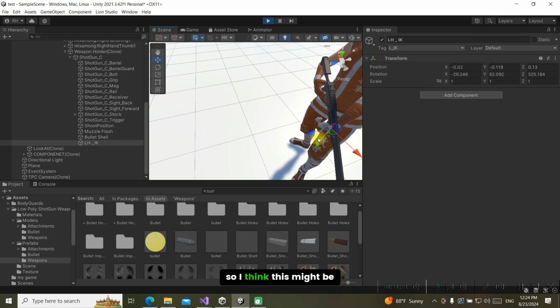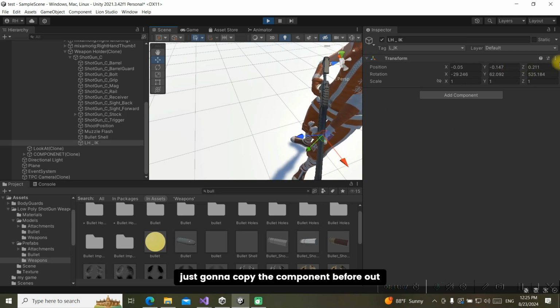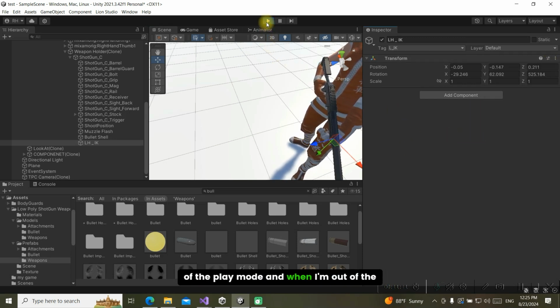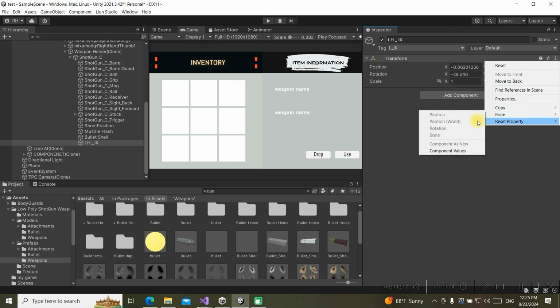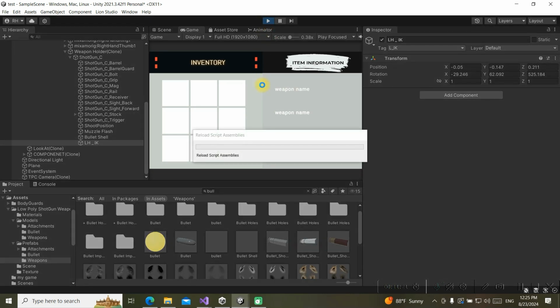So I think this might be something like this. So I'm just gonna copy the component before leaving play mode, and when I'm out of play mode, I'm gonna choose the left hand IK and paste the component values. So right now if I hit play,